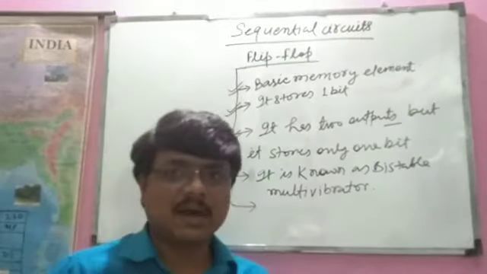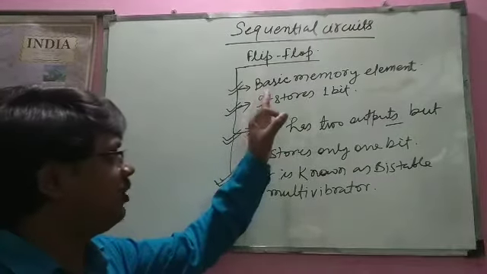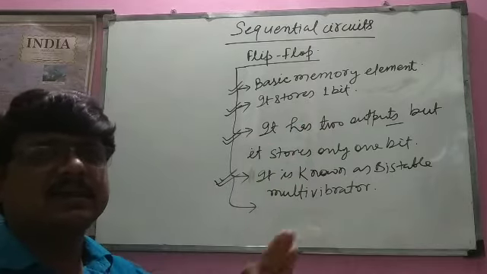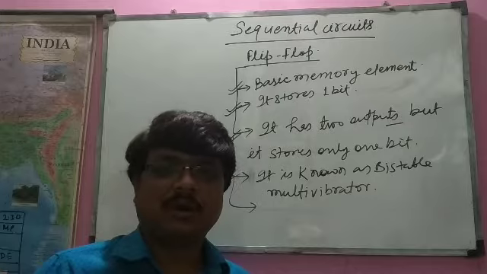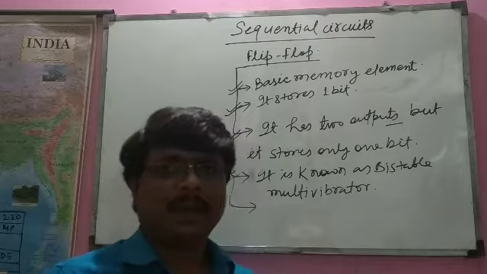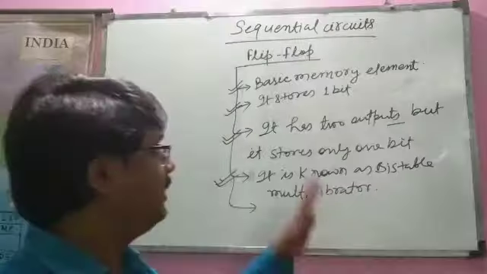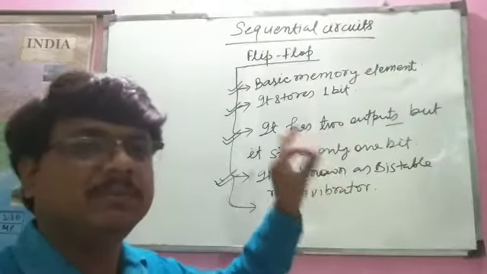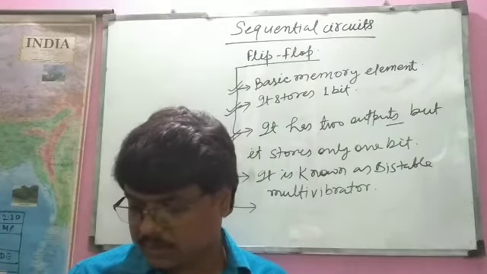If you start reading about semiconductor memory, you will have to start from the flip-flop, because at least 1 bit should be stored. Less than 1 bit, what does that mean? Can 0.5 bit be stored? No. At least 1 bit of memory should be there, and it stores 1 bit. So this is the basic memory. Okay, one more thing.